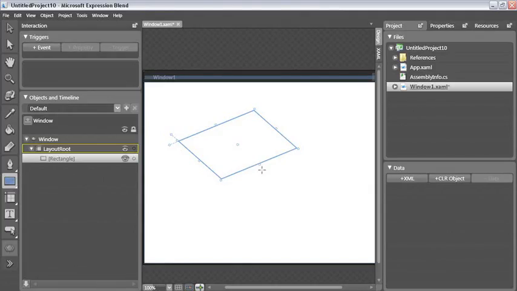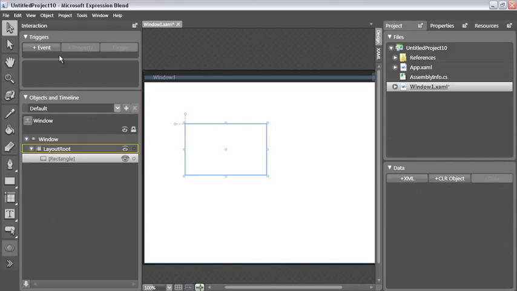By pressing Ctrl-Z, I can undo the edits that I just placed because I want my rectangle in the default position for now. Now I'm going to switch to the Selection tool, and when I drag the rectangle around, when I get close to the edge of the window, a pink bar is displayed to show that at the moment I'm now 8 pixels away from the edge of the window. When I draw another rectangle,